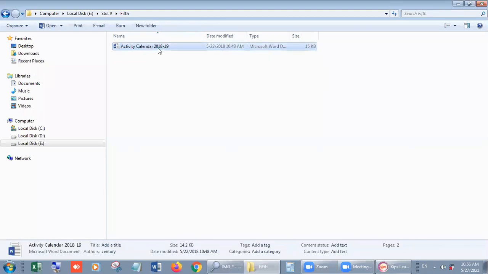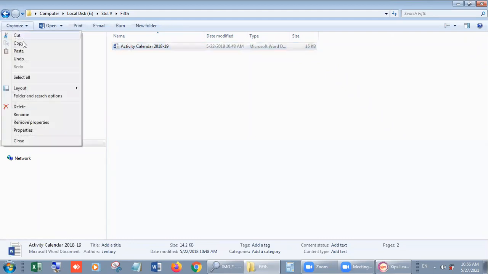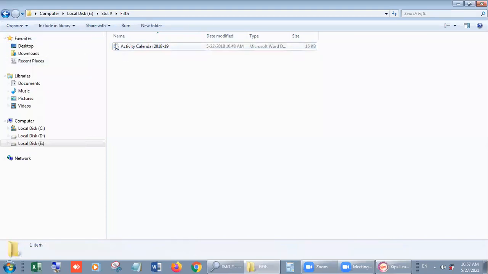Now click on it, again go organize. This time I want to move it, so I will choose cut, not copy, because I want to move it from here. Cut, the color is dull. Now go on the location and organize and paste.